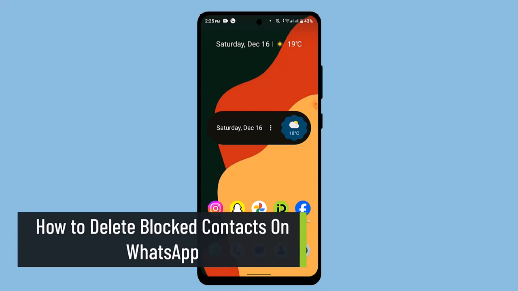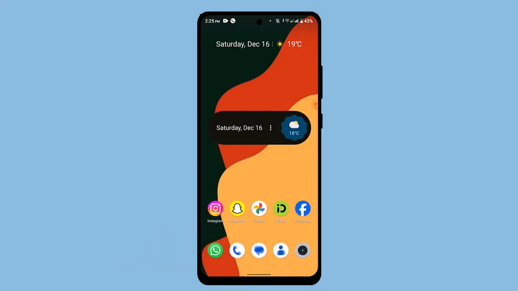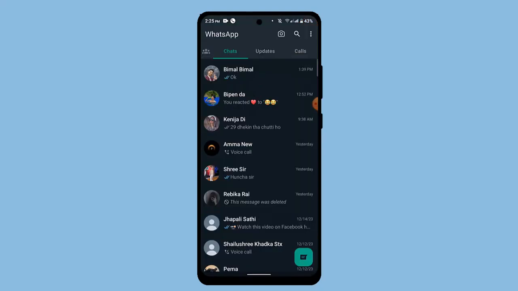Today in this following video I'll be showing you how to delete block contact on WhatsApp. In order to delete a block contact on WhatsApp, the only way to do it is by unblocking them on WhatsApp from the block history and then deleting them. So basically there is no other alternative than to unblock them, and so what you'll have to do is you